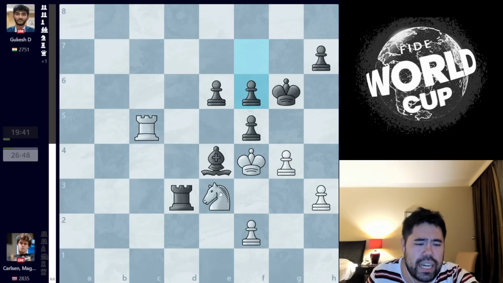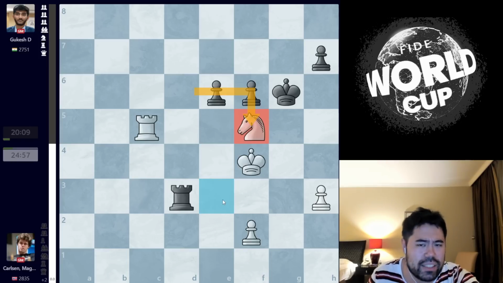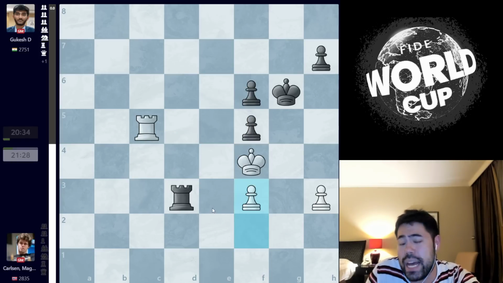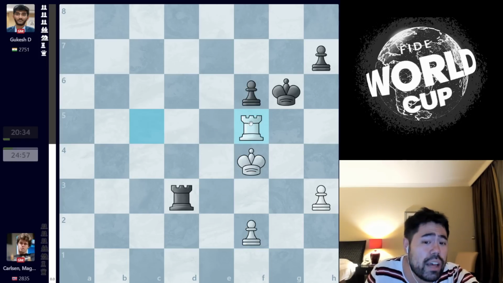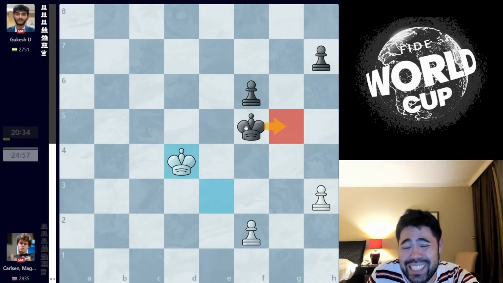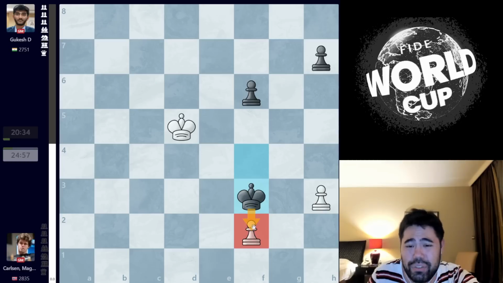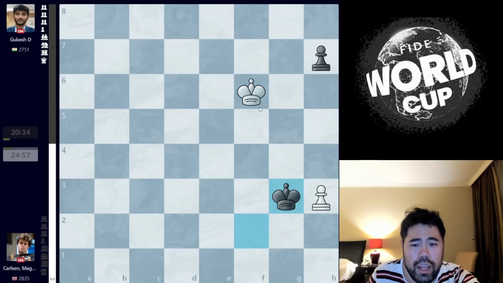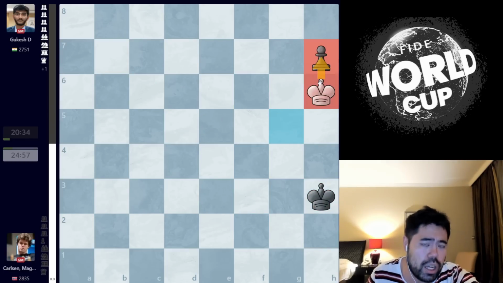So here Gukesh plays f6, Magnus takes on f5, Gukesh captures with the bishop, Magnus takes, we get pawn takes, and now Magnus plays his move f3. Now rook takes f5 would be a draw, but Magnus probably was worried about the boogeyman or seeing some ghosts here, because after rook d4, king e3 takes, and king d4, it's very easy to get scared by a move like king f4 and king f3. Now this would be a draw, to be clear, because white's king gets over to capture the pawn on h7.